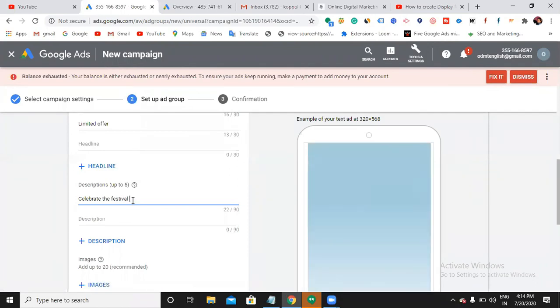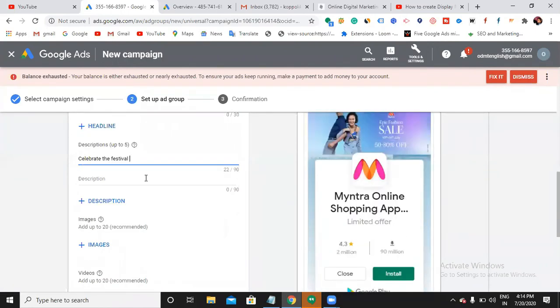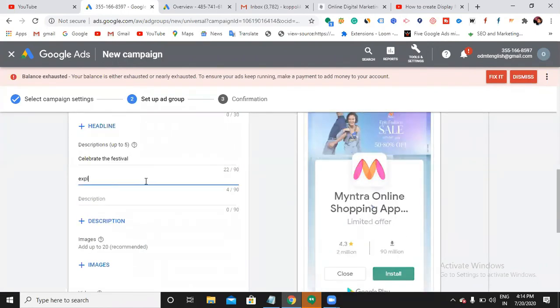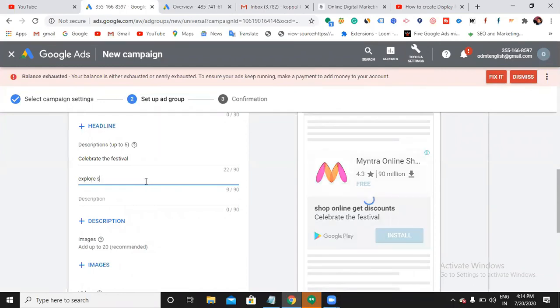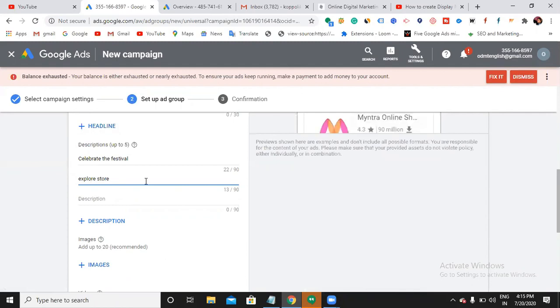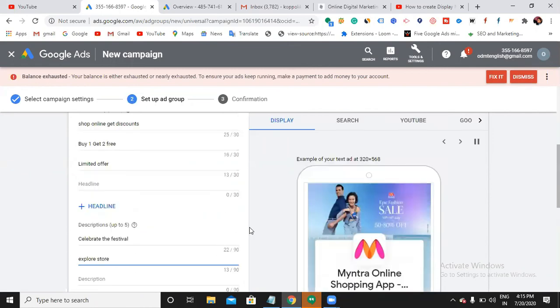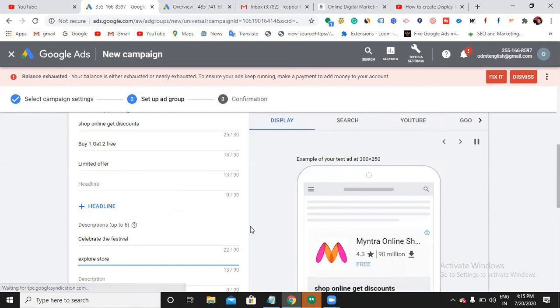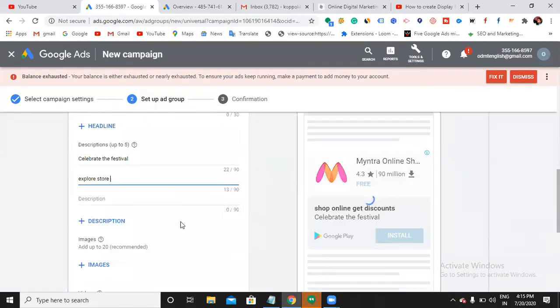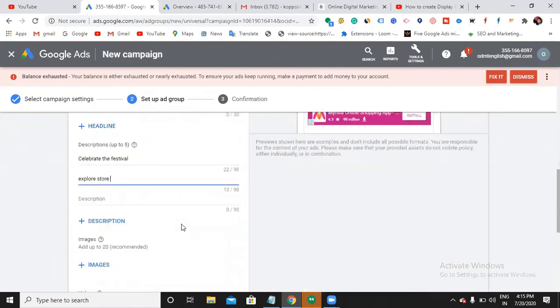While doing the search network, we did it for his Insta Fashion. Now we are creating an ad for Myntra. If we want to create an ad for DigiCodes, we should have an app. An app is mandatory. This is app ads, mobile app ads.